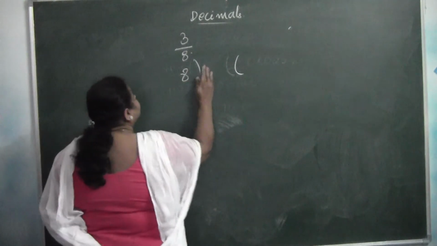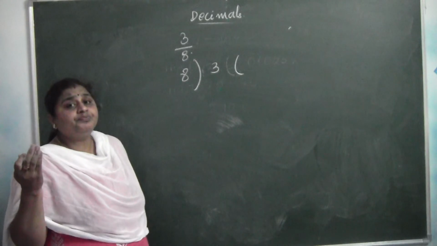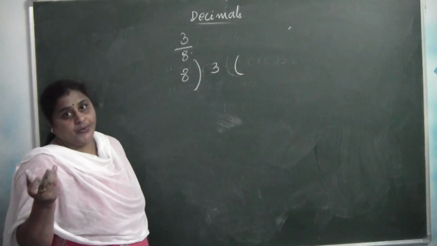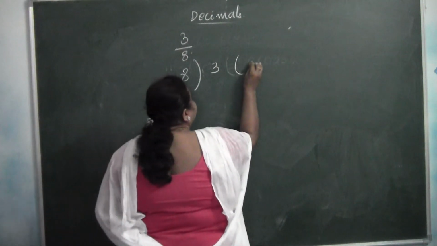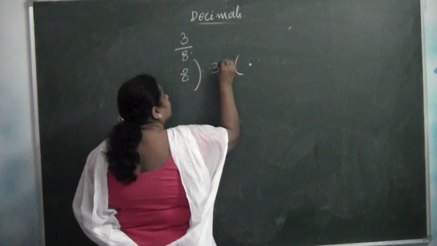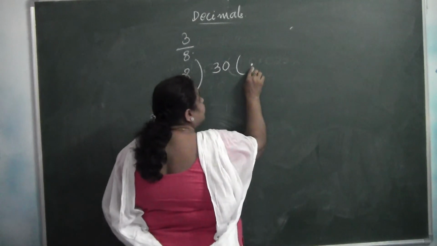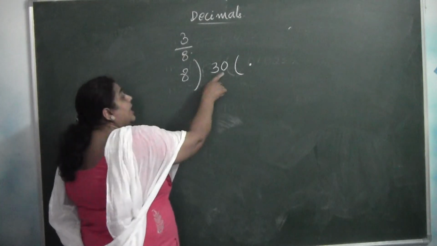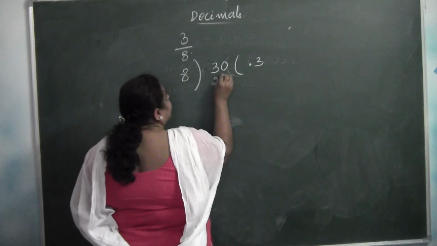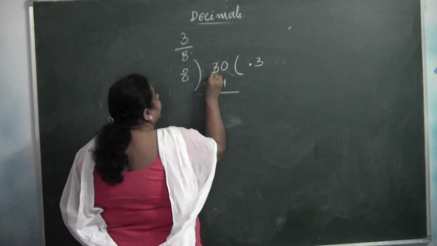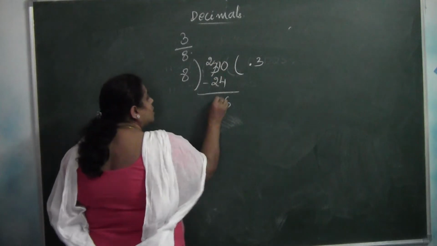Okay children, so what are we doing? We are dividing 3 with 8. Now will 3 come in the 8 table? No, because 3 is less than 8. Then what are we going to do? We are going to place a point and then add a 0. First I have written a point in the quotient and I have added 0. Now 8 3s are 24. Now subtract it. 10 minus 4, 6, 2 minus 2, 0.